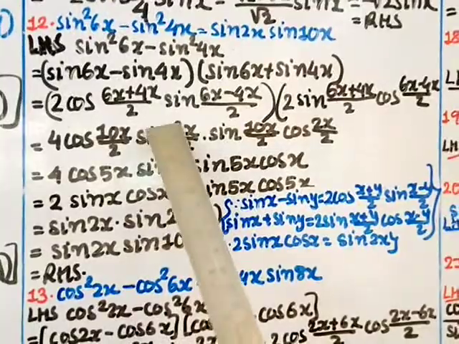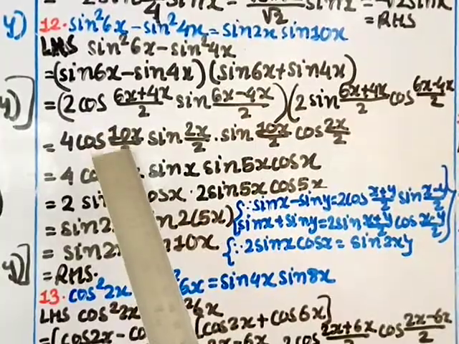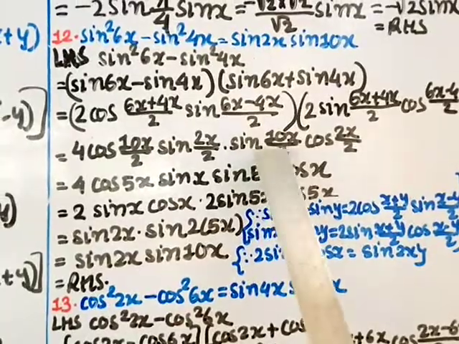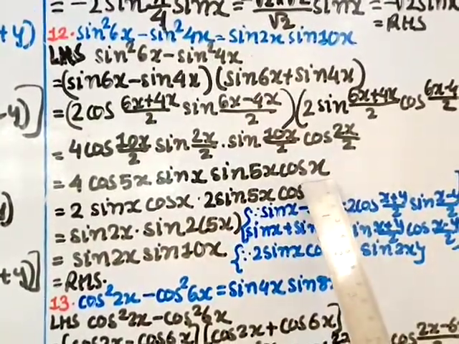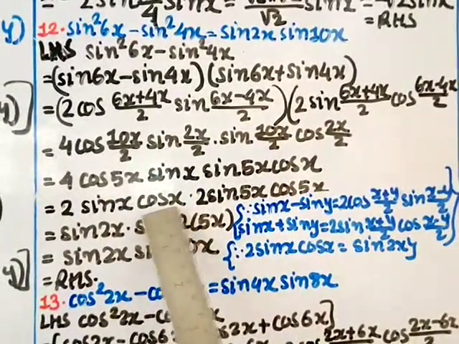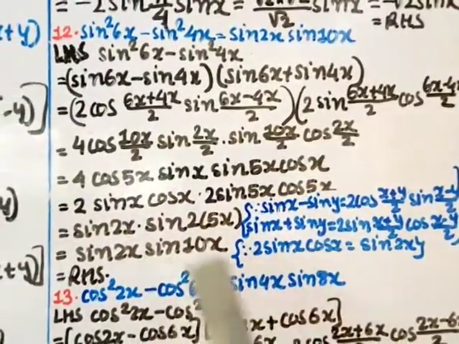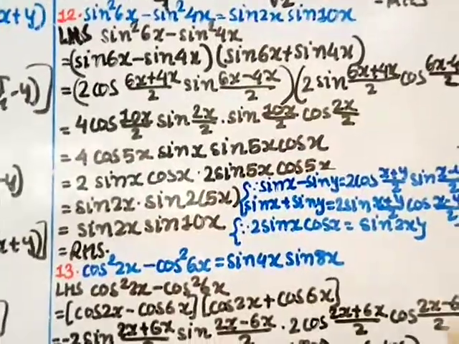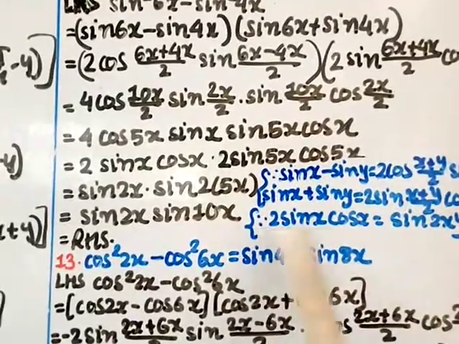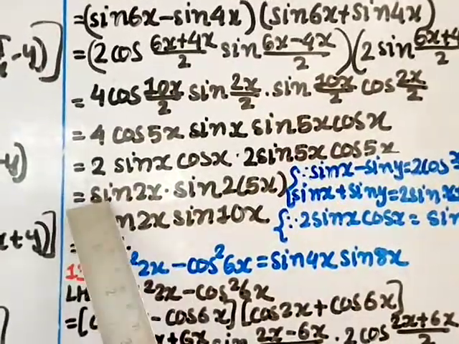Okay, you can cut here, this 2 you can cut by 2 here also. So 4 cos, here remains 5x, because 10 and 5 you cut, then equals to 5. 2 cut, so sine x. Sine cut by 2, so you get 5x, and cos cut 2, so x. Now I am rearranging once again. Okay, so here 2 sine x cos x together, then from again 4 another 2 sine 5x cos 5x. Okay, and I am going to use another identity of sine 2x. Sine 2x is 2 sine x cos x. Okay, this identity. So if this is there, we can write sine 2x. So this answer is sine 2x.